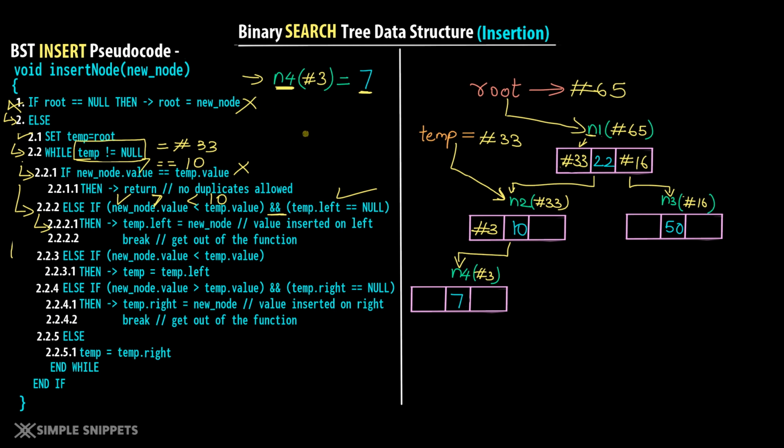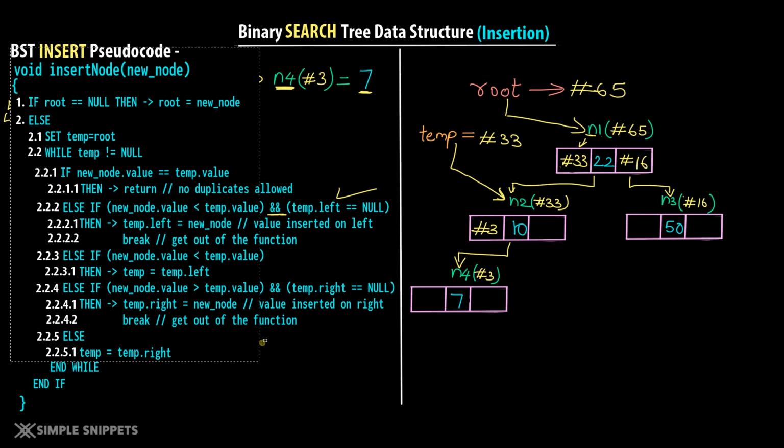Okay, so now that we've added so many nodes, I'm assuming you have got an idea. If not, just pause this video and dry run this pseudocode yourself by adding a few more nodes. Let's take one more node. In fact, let's say we want to add one more node, n5, at the address #9, and let's say the value is 66. Just by looking at it, the value is greater than 22, so we will go to the right. The value is greater than 50, so it has to be at the right of n3, that is the right child.